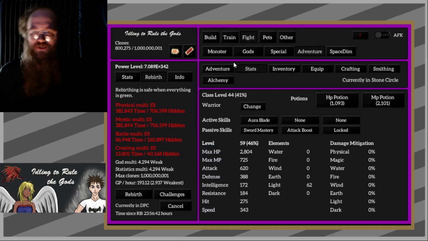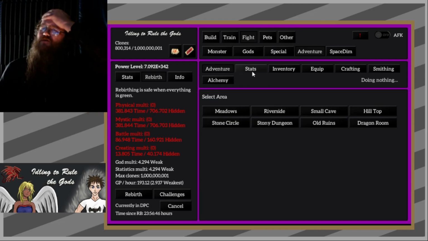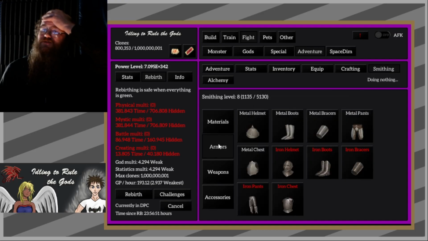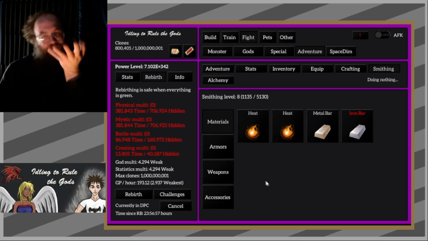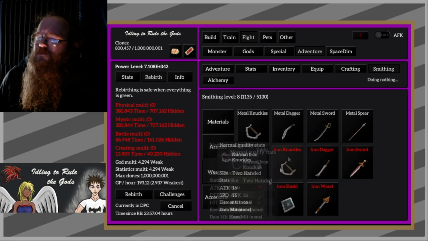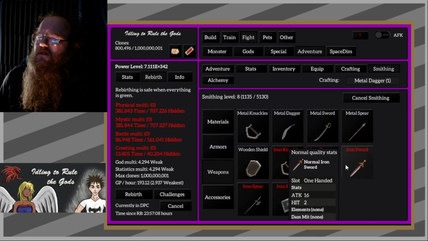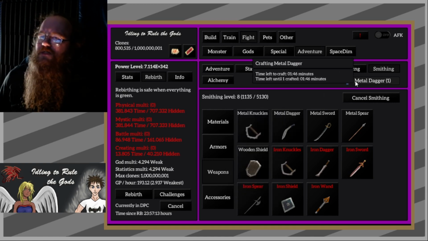Anyway, we're going to class change. And we're probably going to spend a lot more time crafting and specifically smithing, because we need to get this past level 10 so we can make the iron bars. We'll also need the iron ore for the iron bars. And we're going to want to craft a bunch of stuff. For this moment, let's just slap together a quick dagger, because